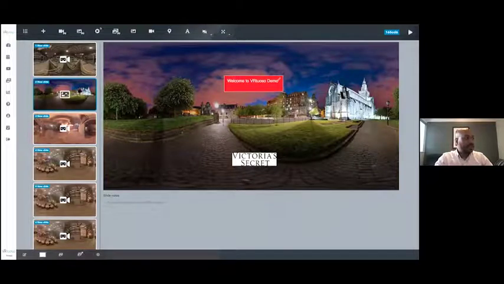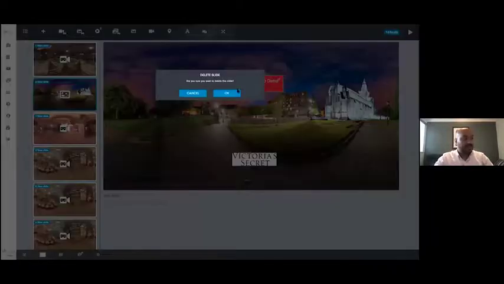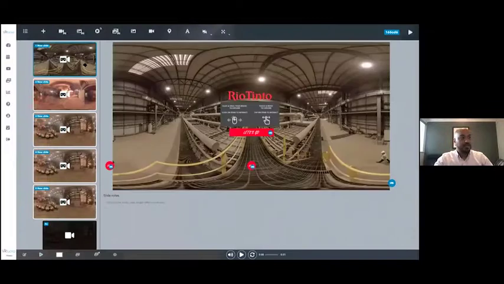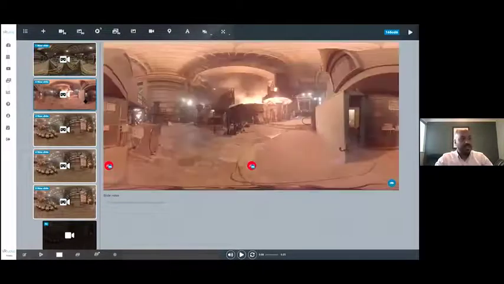So now if I just delete this random slide I created, I'll show you, for example, here, this is the Rio Tinto. You can add your logos, you can add any texts. You can, for example, put the banners, as I said, different colors, different fonts, add your 360 videos. Anything that has this blue controller here tells me it has a level of gamification. So that could be if I click on any of these red circles, it takes me to the previous slide or to the next one, right?